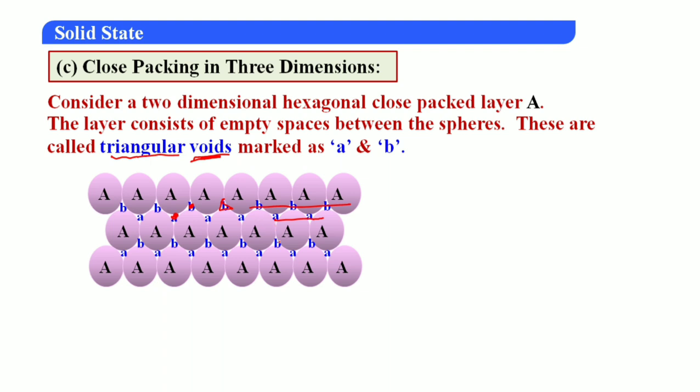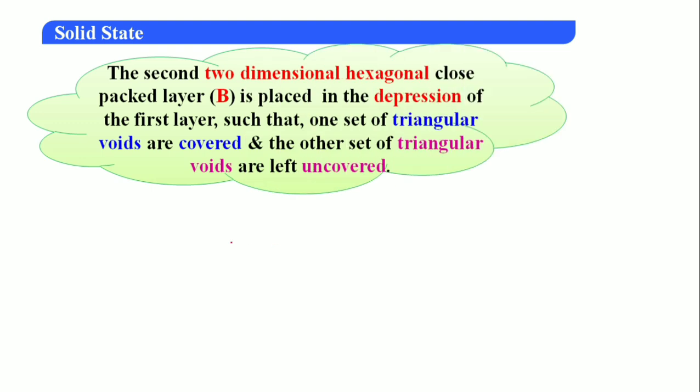Triangular void we call it as, because this void is surrounded by 3 spheres, hence it is called triangular shape, triangular void. Now the second two-dimensional hexagonal packed layer B. Now we have seen the first one, right? In the first one there are triangular voids. Now the second two-dimensional layer we will keep in such a way that the depression of the first layer